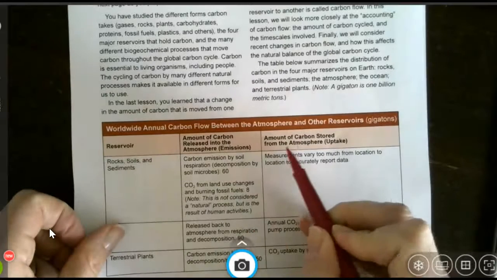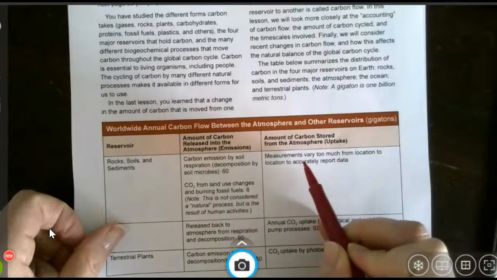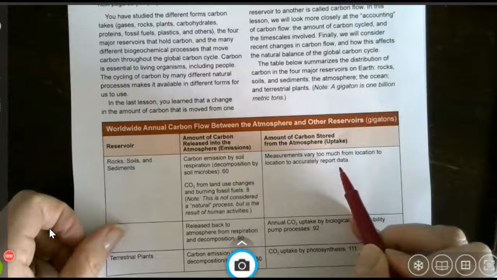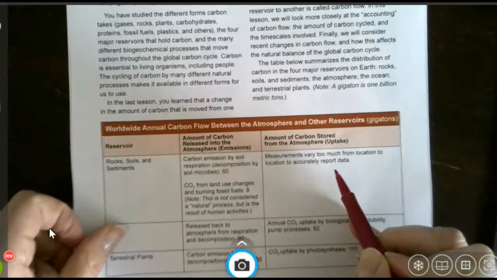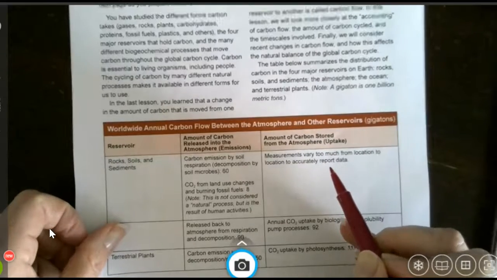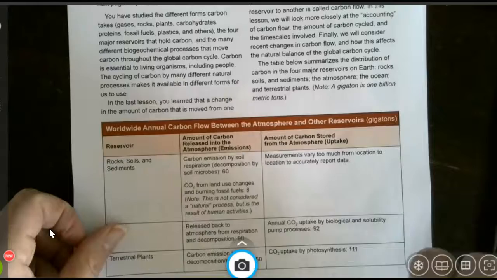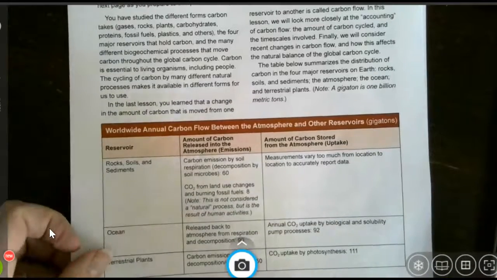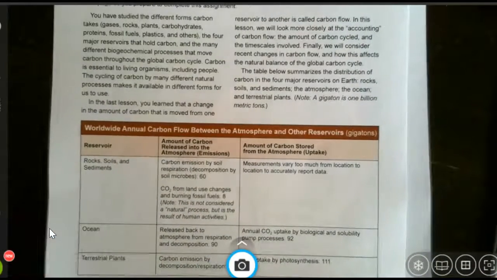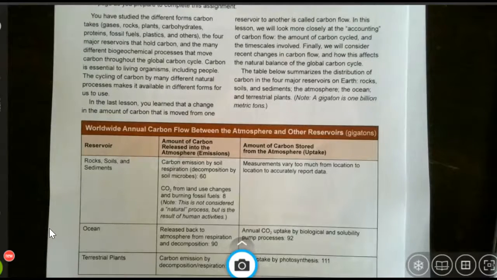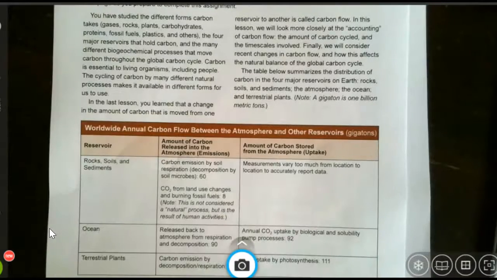And then it says the amount of carbon stored from the atmosphere, or uptake, varies from location to location, so it's really hard to predict or accurately say the soil always gets this much, because it's going to be different depending on the vegetation in that area, and if it's a complex root system or if it's really shallow roots, you're going to have different levels of carbon dioxide being absorbed. Okay, so